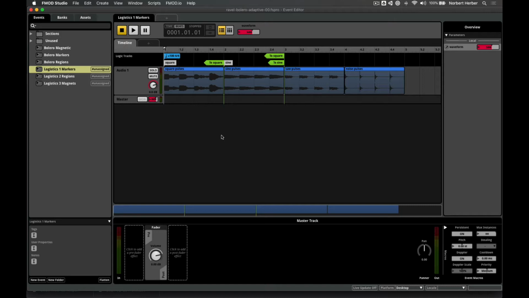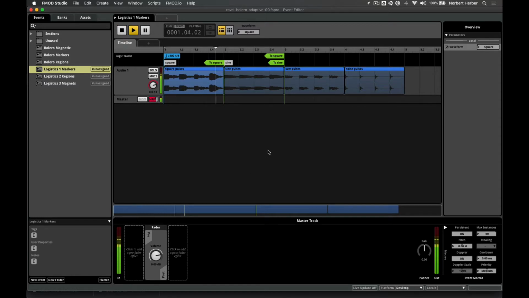And the event that you see on the screen right now is kind of the beginnings of how to create a horizontal adaptive music system using markers in FMOD. To give you an idea of what I mean, we have a game parameter. The game parameter is basically just tied to these different waveforms. So let's start with square wave. And if I let that be our current state and hit play,